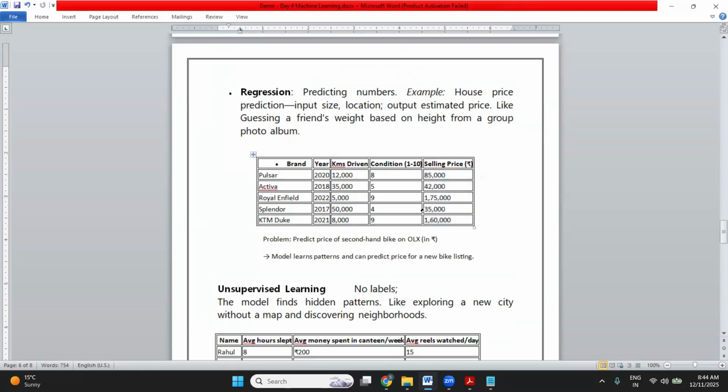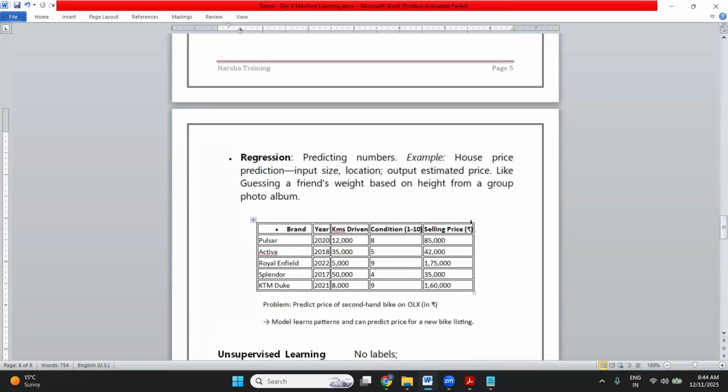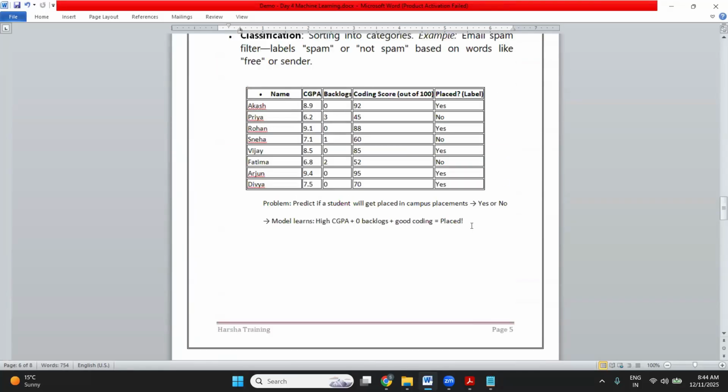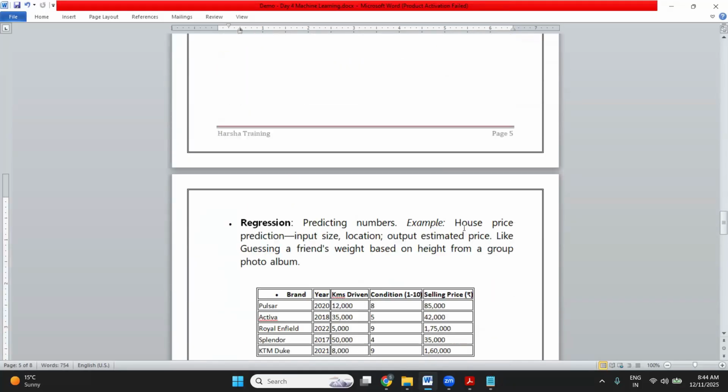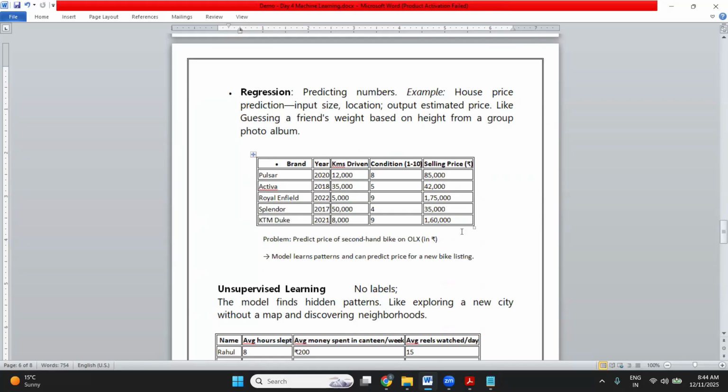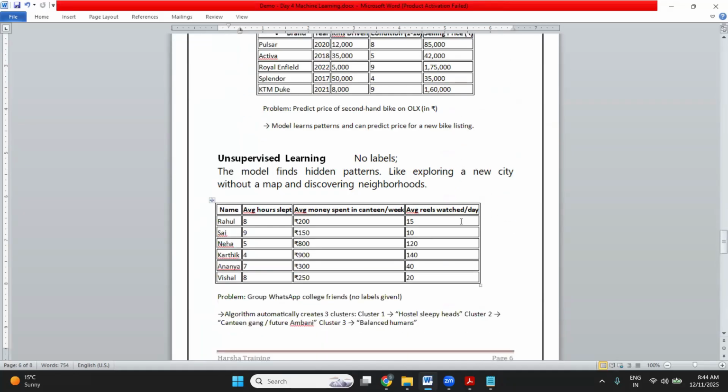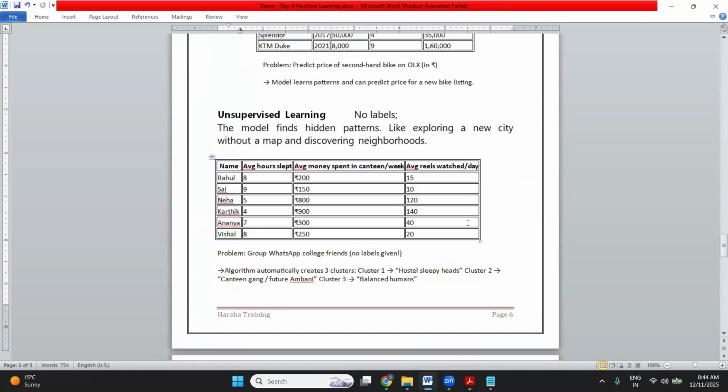We will see further. Once we go in depth in machine learning algorithms, we will see exactly what algorithms we use for all this. We have different types of algorithms. We will see why we use a classification model and why we use a regression model for our problem statements, and what different types of algorithms we are using. Then under unsupervised learning,